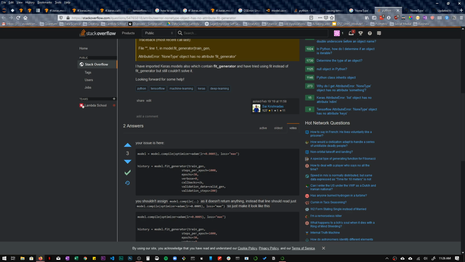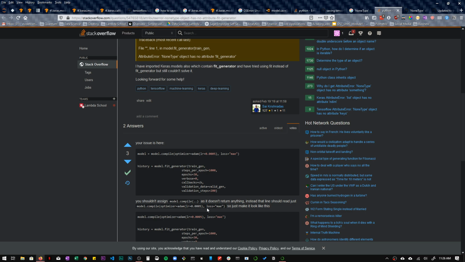Model.compile. Okay. You shouldn't assign model.compile as it doesn't return anything. Instead, that line should read just